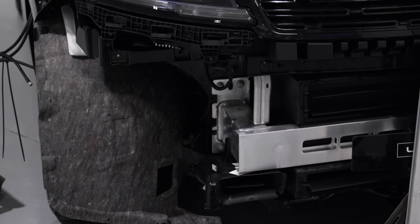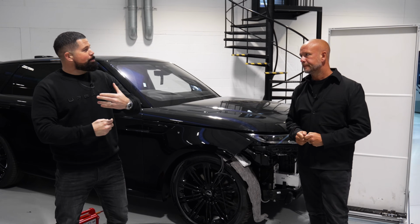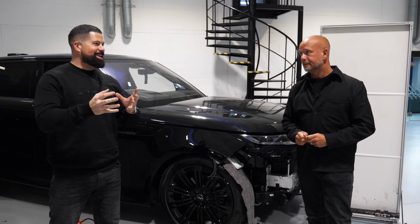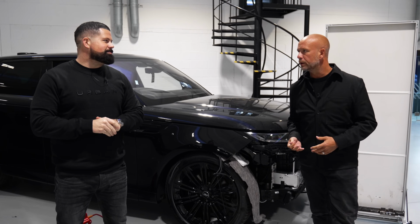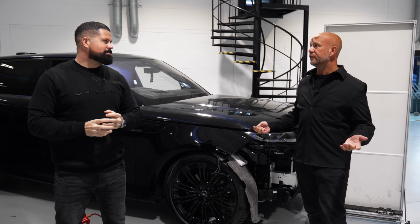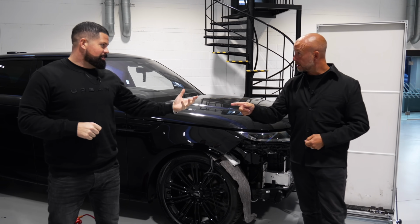The Range Rover and the Ghost were a little bit of a rush for SEMA, weren't they? It'd be nice to have a launch where we've got a couple of weeks leeway. We're going to try and build some products in the background because we created all this hype with the Range Rover and then we couldn't fulfil orders. Sad, sorry state of affairs. But on the subject of the Ghost...